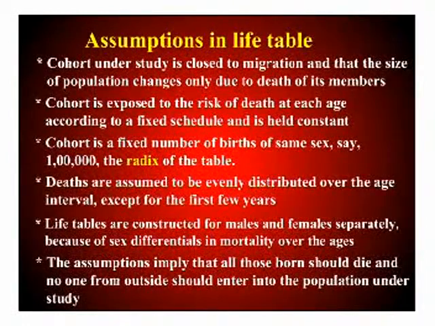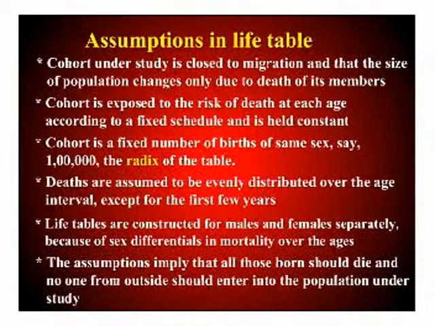Of the assumptions given, numbers 1, 2 and 3 together imply that all those born should die and no one from outside should enter into the population. So, in these 5 assumptions, the important ones are that the population is closed to migration, and that the risk of death is uniform and according to a fixed schedule of